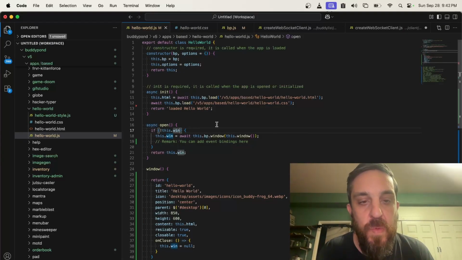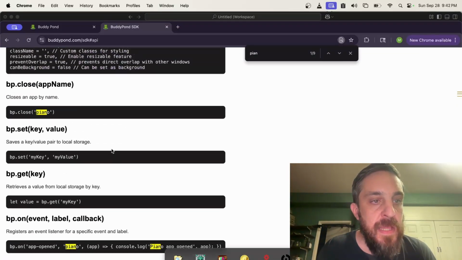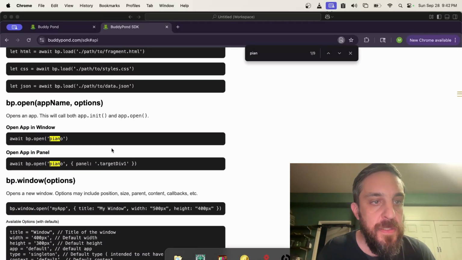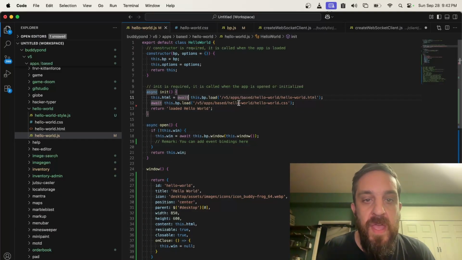If we look at the Hello World, we have the initialization. We have bp.load, right? If we go back here, bp.load is a generic loading function. It can load JavaScript files, it can load ESM imports, it can load HTML fragments, it can load CSS, it can load data such as JSON. So here we load the HTML fragment, we load the CSS, and then when it opens, we